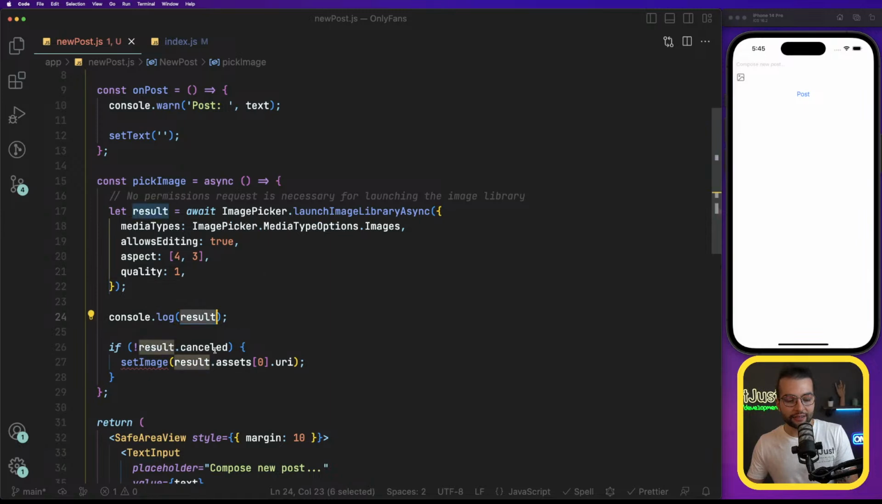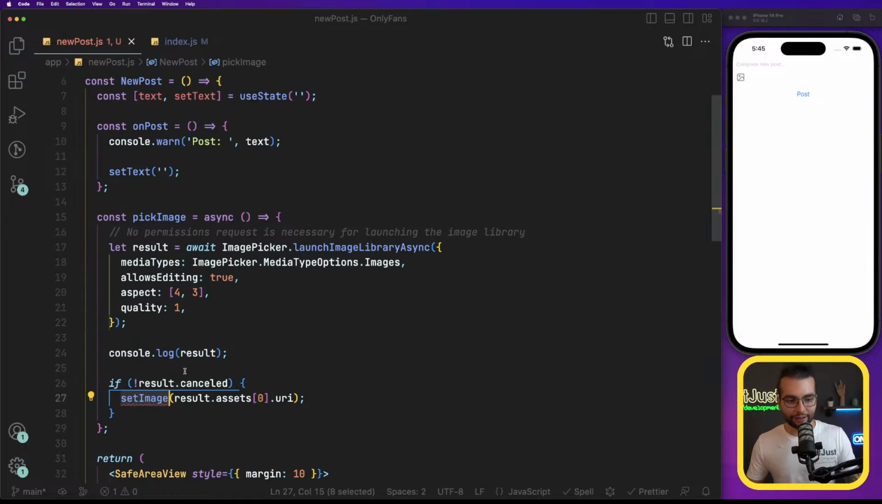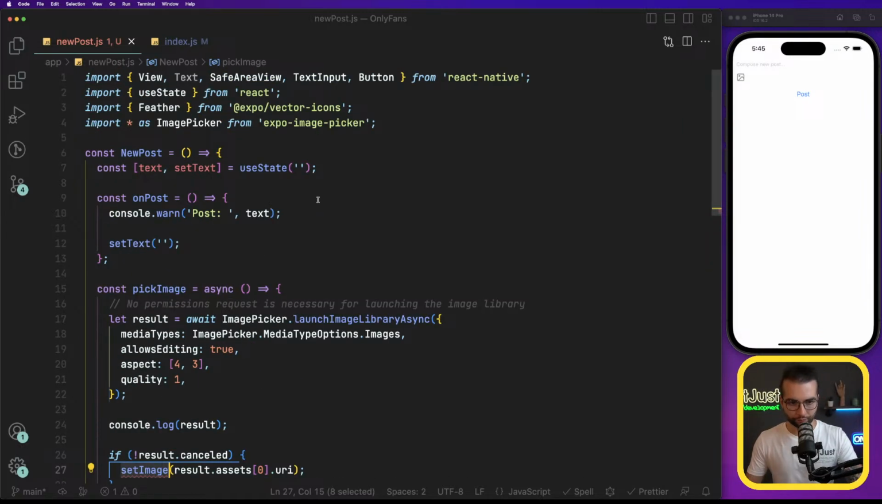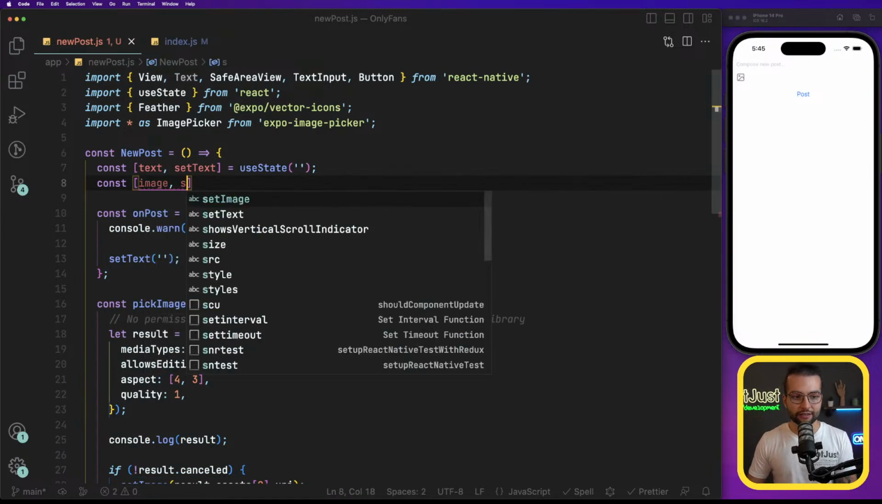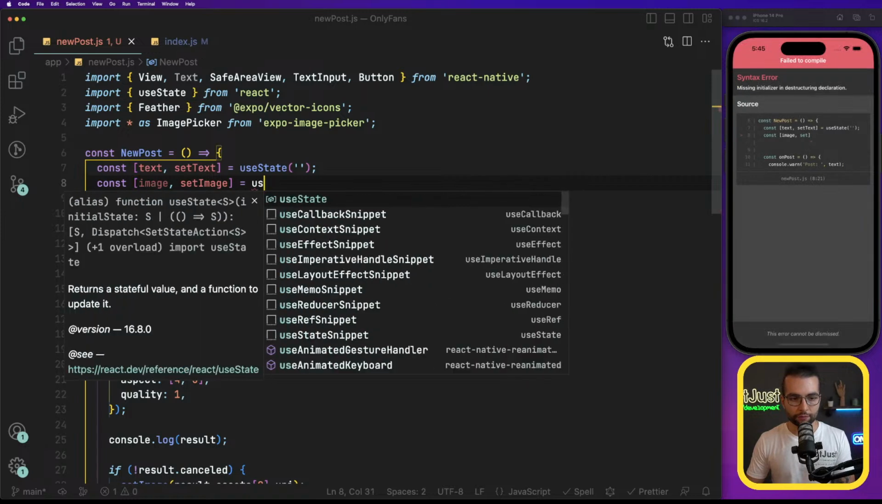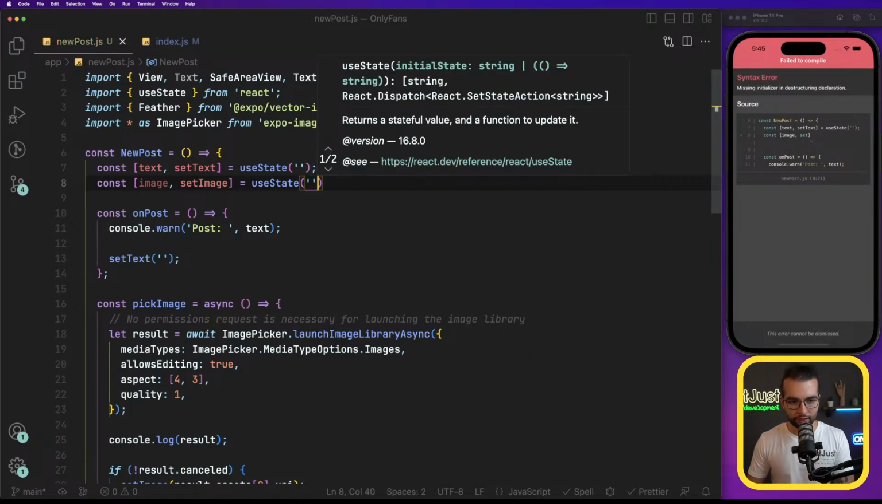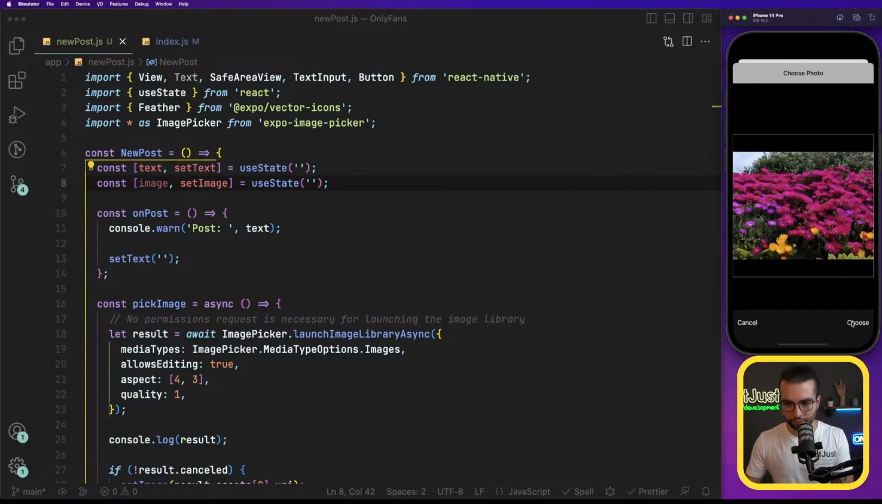After we get the result, if the result is not cancelled, then we set the URI of the result in state. The problem right now is that we don't yet have this set image state. So let's go ahead and define the image and set image state. useState, initially it's going to be an empty string. Now if I select an image,